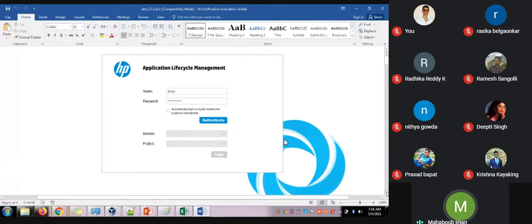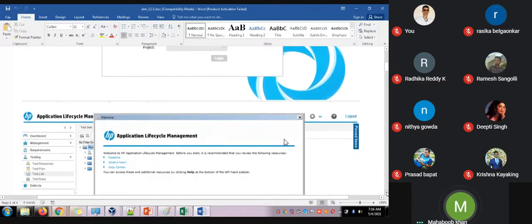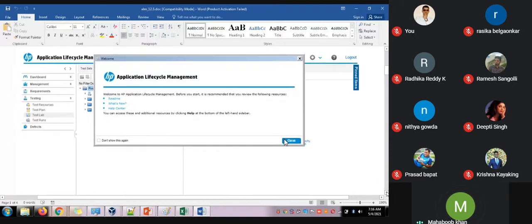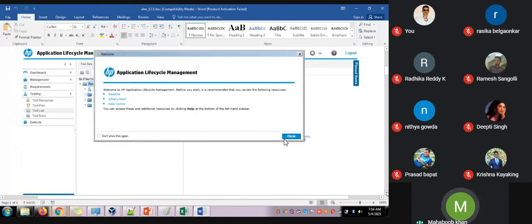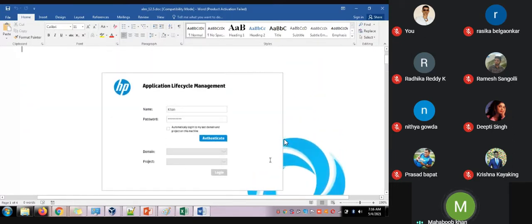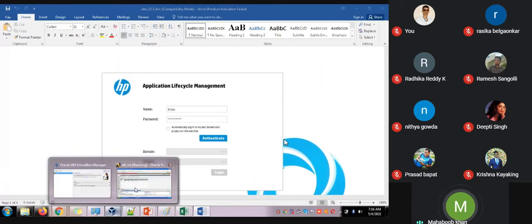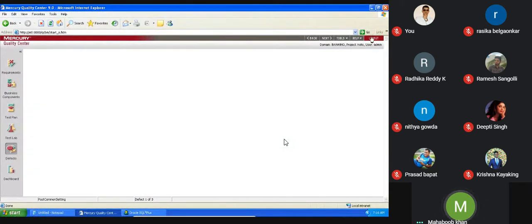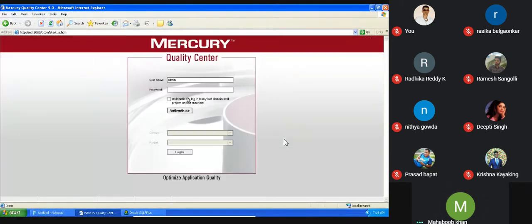Once you click and log in, then we will find this page. This is the introduction page. We will have this similar page as well, and the login page too, and how it looks with the logout. When you see the username, password, authenticate, that means they have not changed from Mercury.